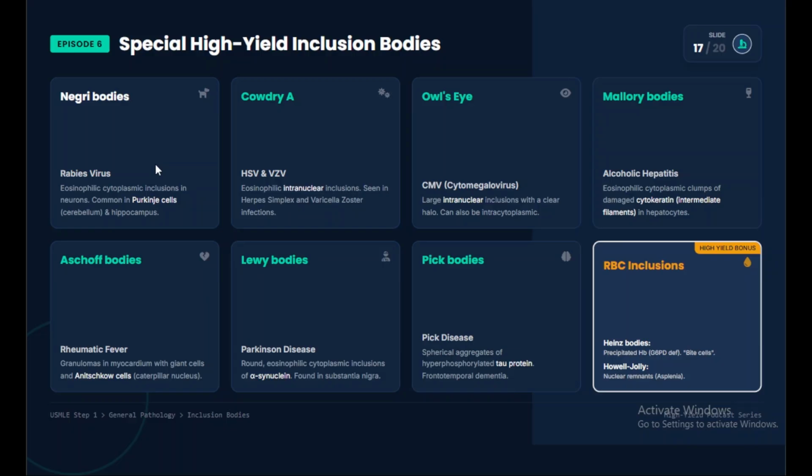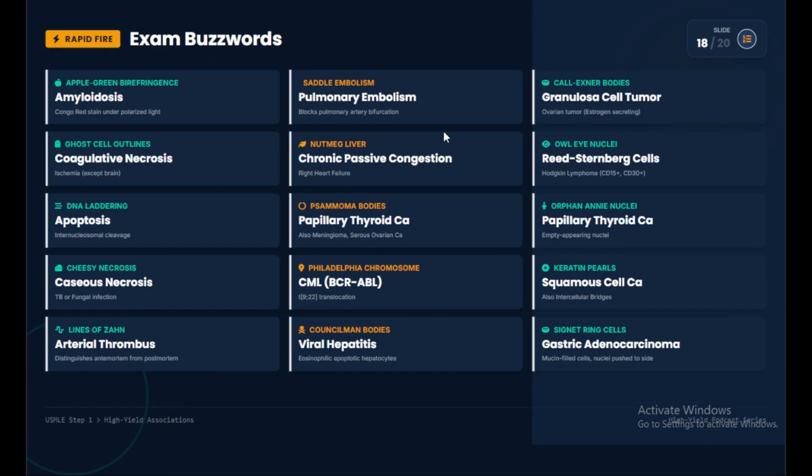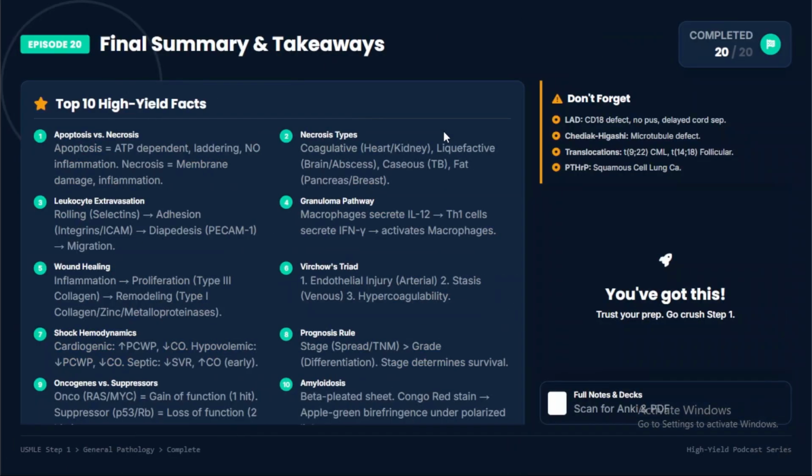Because it is again opportunistic infection. So yeah, now, if I talk about the non-viral pathology, because the Negri bodies, the Cowdry A, the Owl's eye, they all are, you can say, viral-related pathologies, right? Now, if I talk about the other type of pathologies, the non-viral pathologies, I'll discuss